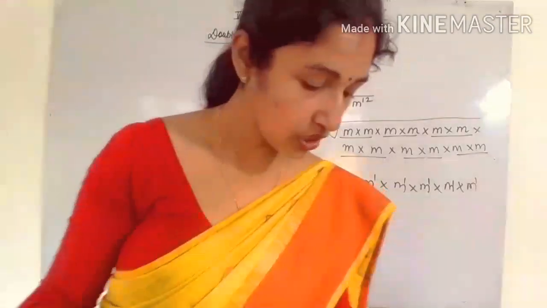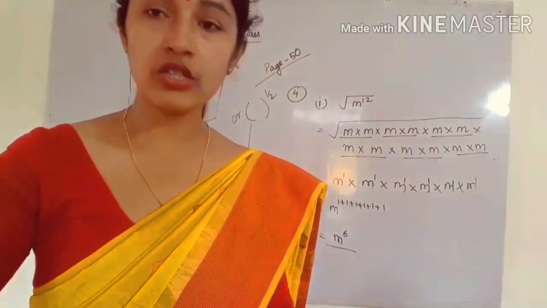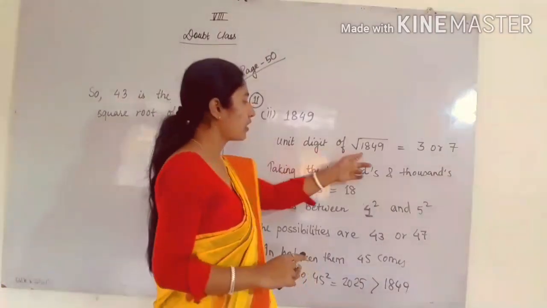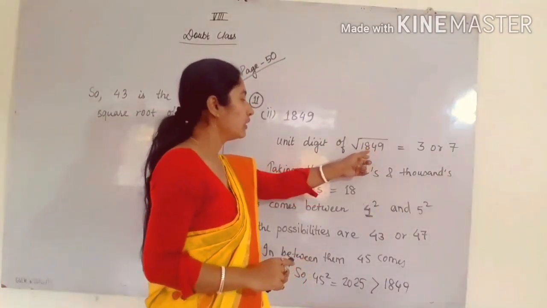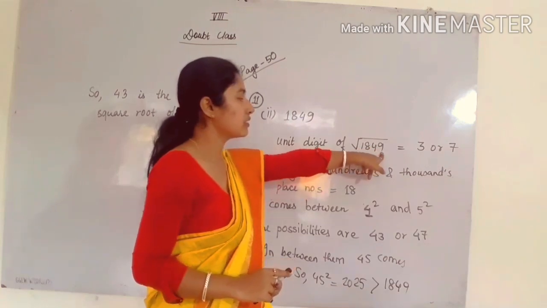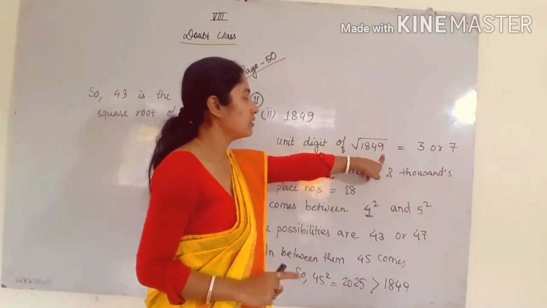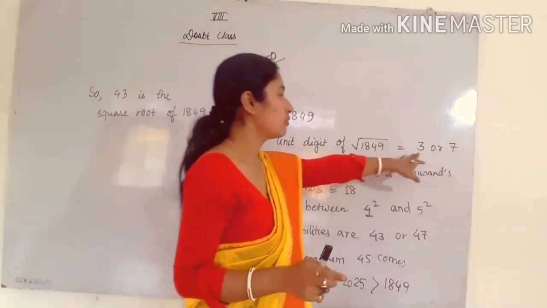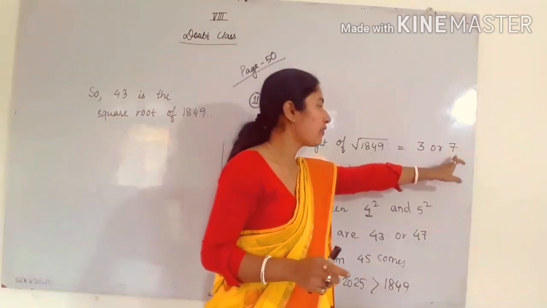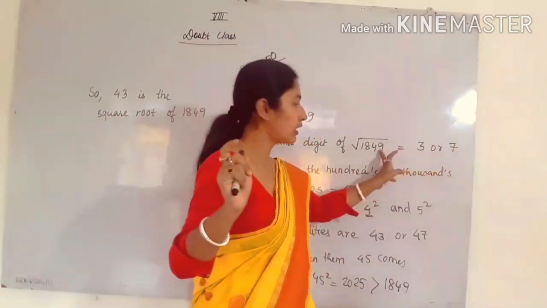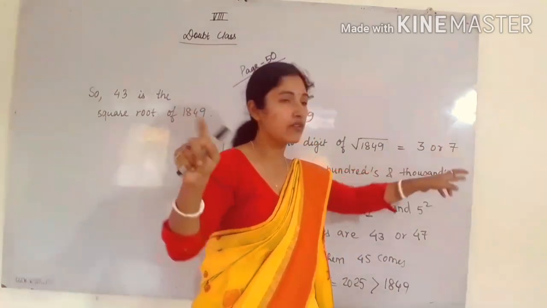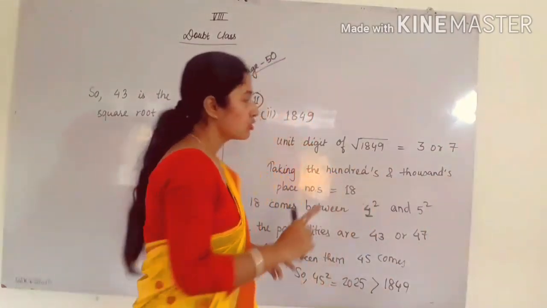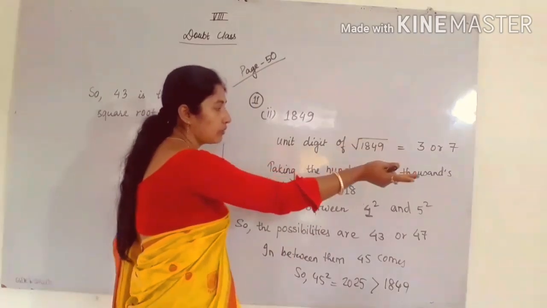So next, come to question number 11. Find the square root using shortcut method. So first of all, you have to check the unit digit of the square root of 1849. So the unit digit of this number, see, this is 9. Okay. So that means in the square root of this number, the unit digit will be what? 3 or 7, because see, 3 3s are 9. Then also 9 comes, and 7 7s are 49. Then also 9 comes in the unit place. Okay. So the possibility is 3 or it may be 7.